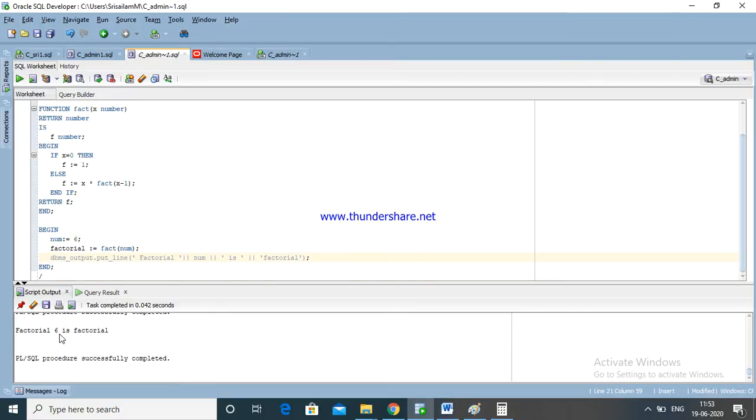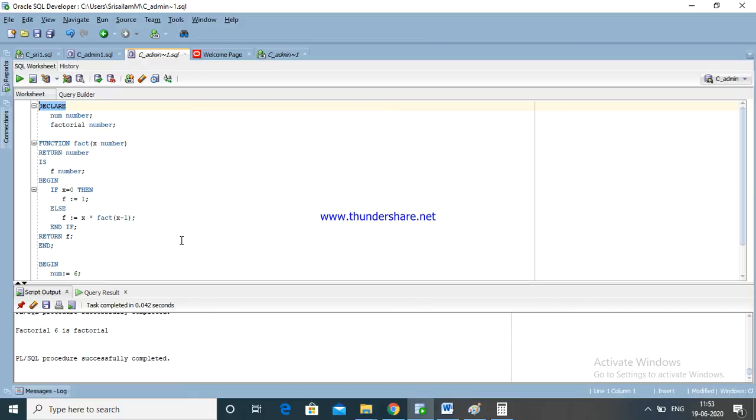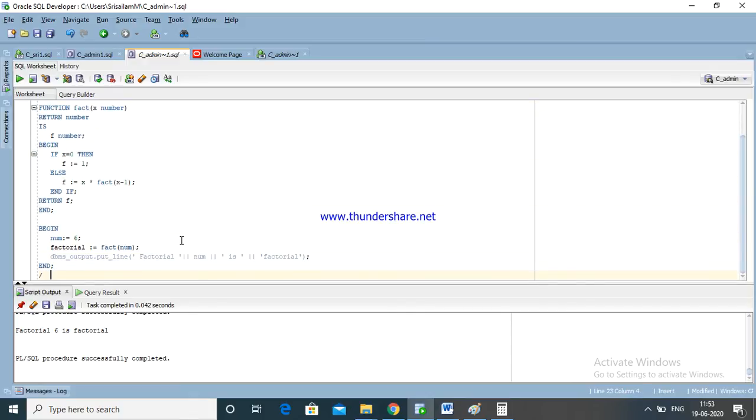Here factorial 6. What happened? Oh, factorial values. This is factorial.